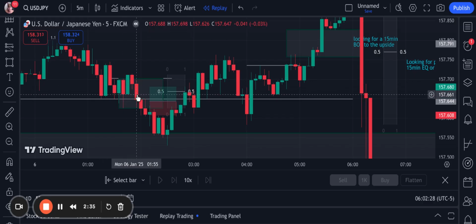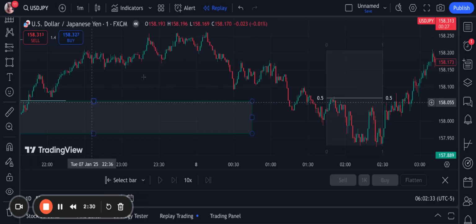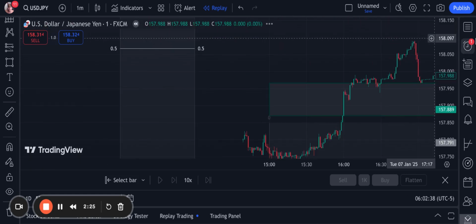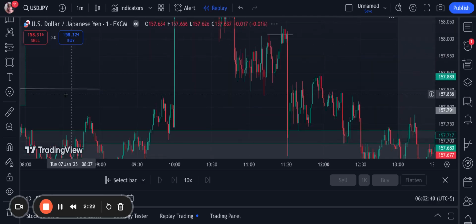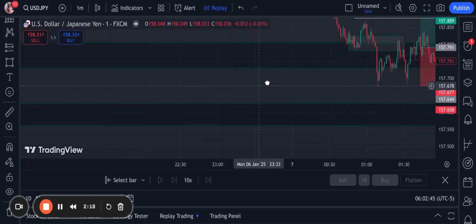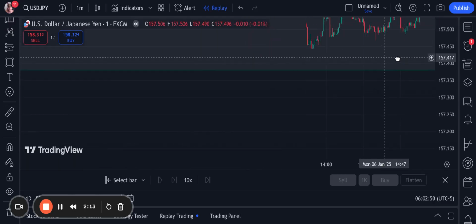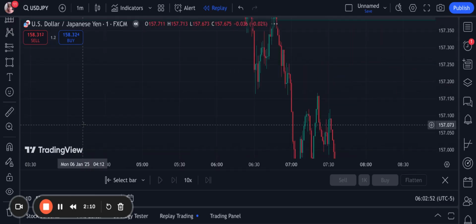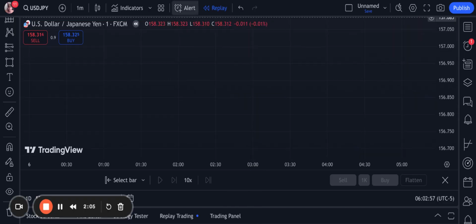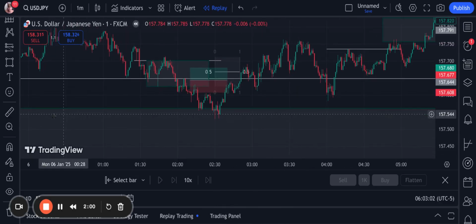So price came back down into this order block, and then I can scale down into the 1 minute time frame. It's going to be a minute before I can get back to my spot. Okay, so